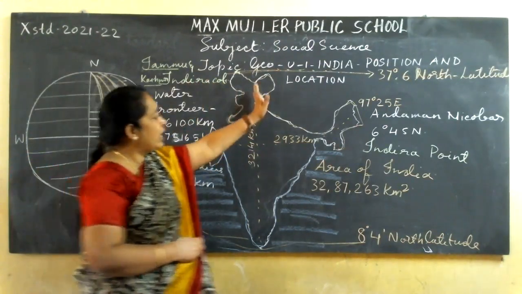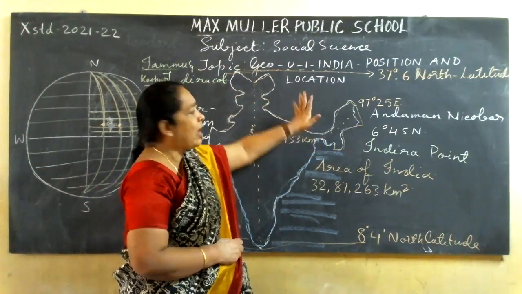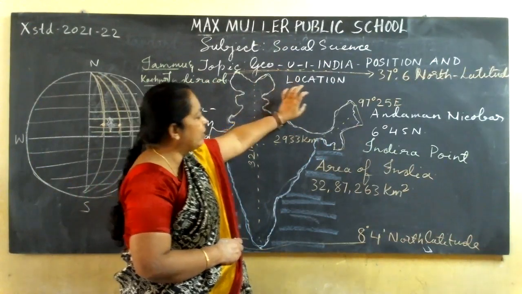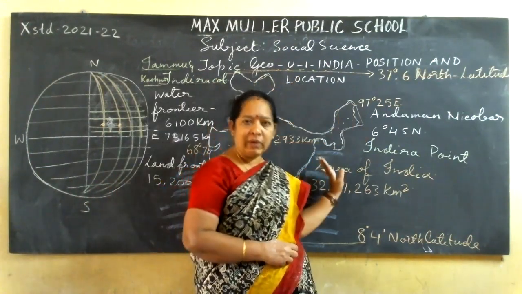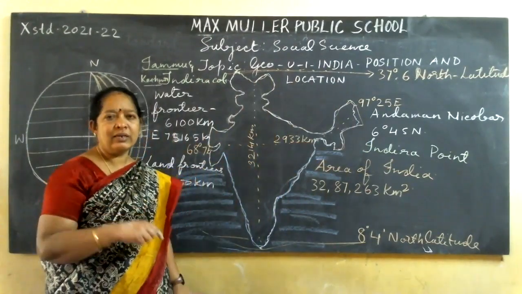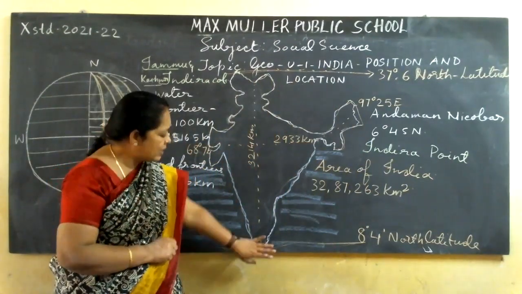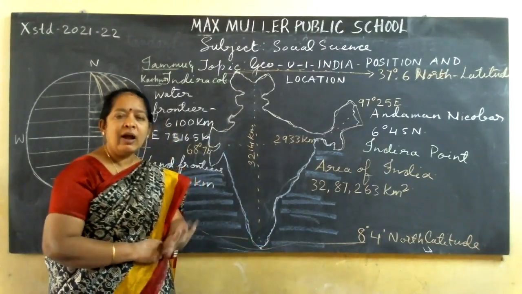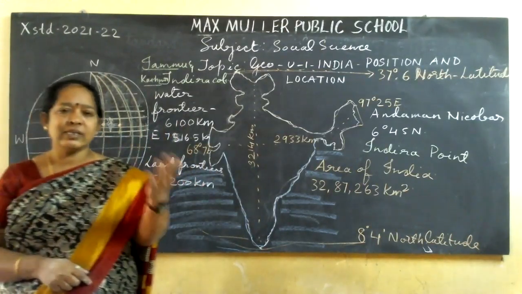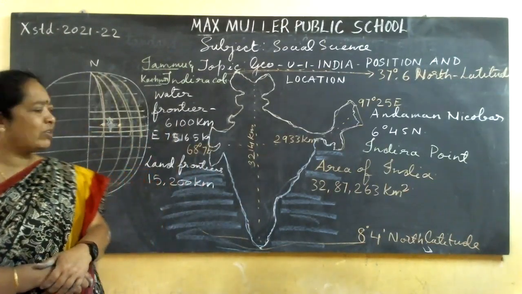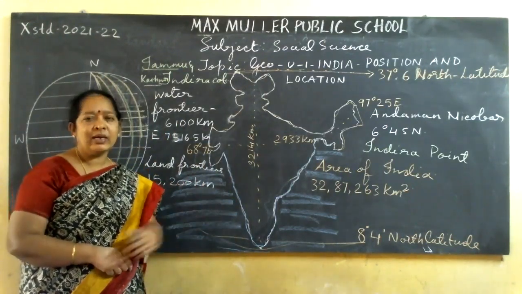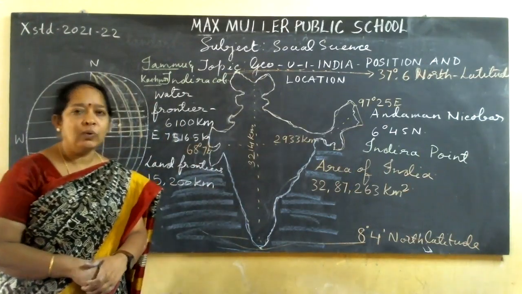Now, towards the north west, our neighboring countries are Pakistan and Afghanistan, and we have the Himalayan mountains here, and that is separated by China. China is our neighboring country. Then it is Nepal, Myanmar. Actually 7 neighboring countries, and in the south Sri Lanka. And India is the 7th largest country, after Russia and other countries, then Brazil and Canada and all. India is the 7th largest country in the world.